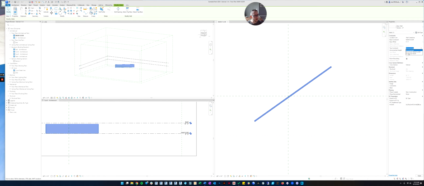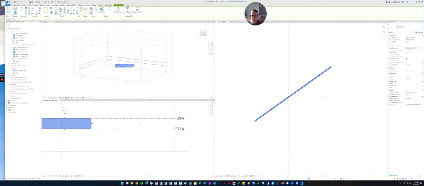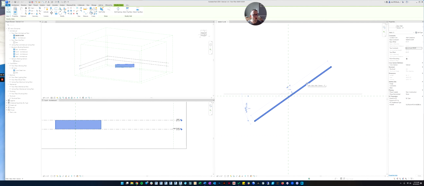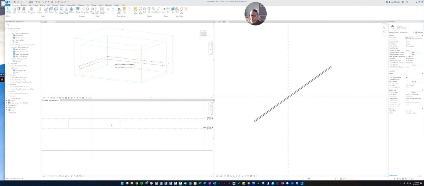What we want is for the top of the wall to be connected to the roof level. So we'll click that, and do you see how the wall jumped from 9 feet up to the roof level? Now the wall will always be whatever height the roof level is. So now if I change that to 9 feet, the wall follows with it.